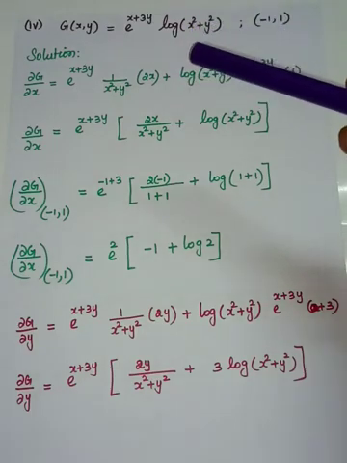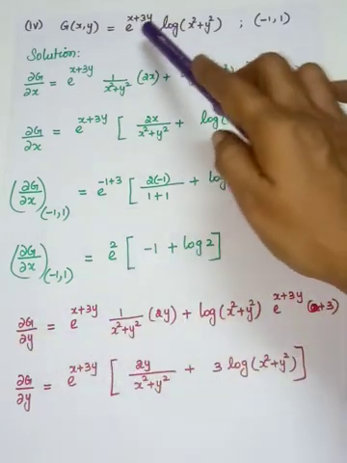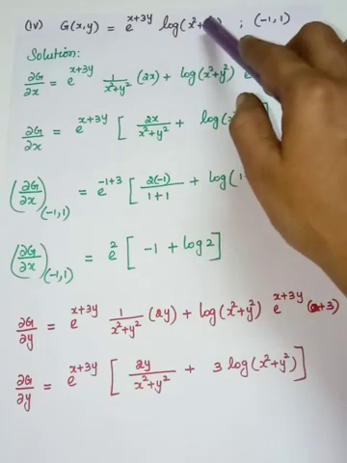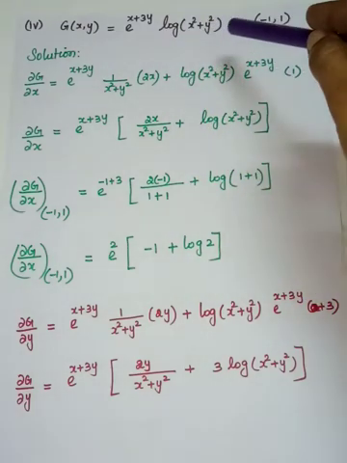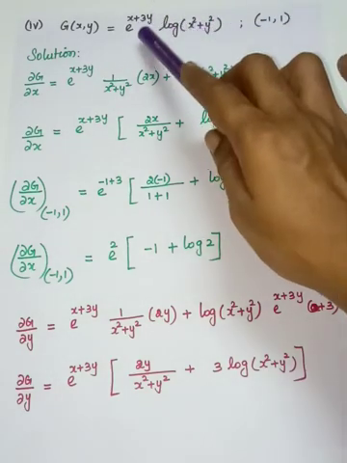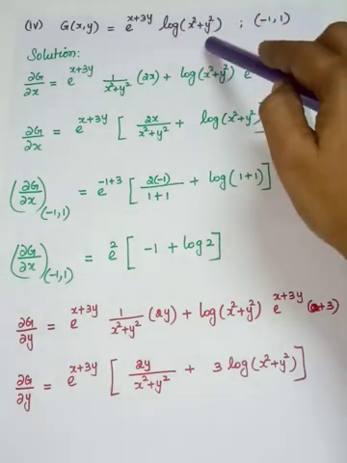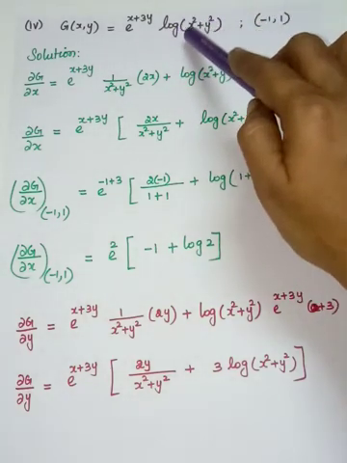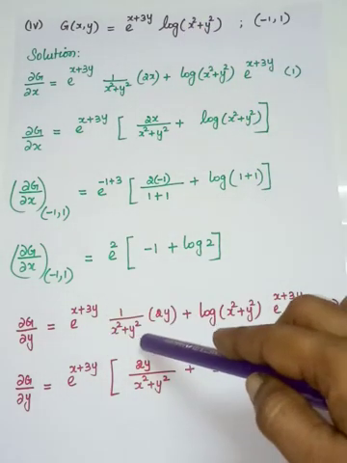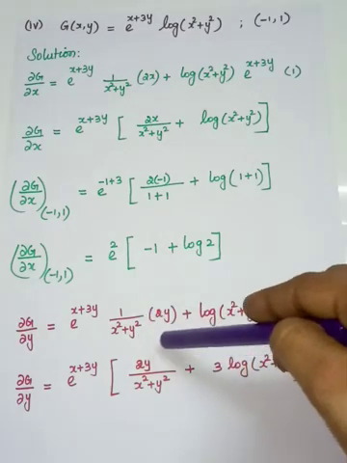So you have to differentiate g partially with respect to y. Okay, so come to this term. So in both the terms, exponential and logarithmic functions involve the variable y. Okay, so we have to use the product rule. So first term is written as it is. It is in the form of log of x squared plus y squared. Okay, so you have to use chain rule to differentiate. So it is 1 by x squared plus y squared, and now x squared plus y squared has to be differentiated partially with respect to y.